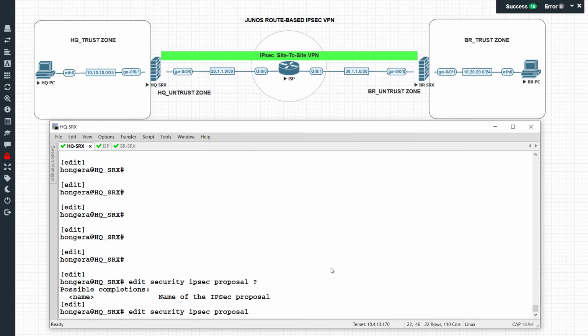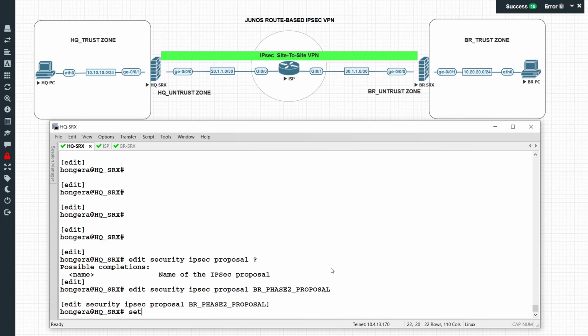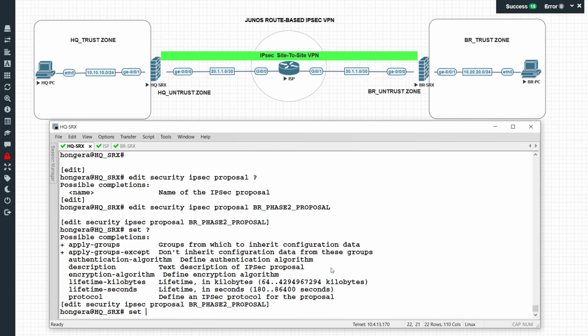I'm going to give it a name. Let's call it the branch phase 2 proposal. I'm going to say enter, and here there is a bunch of things that we are going to set. Not much, but